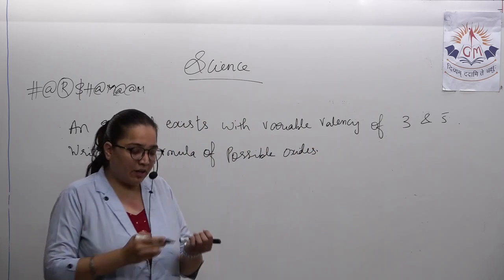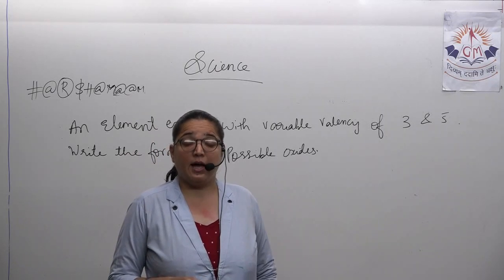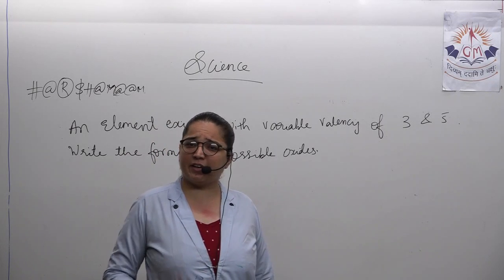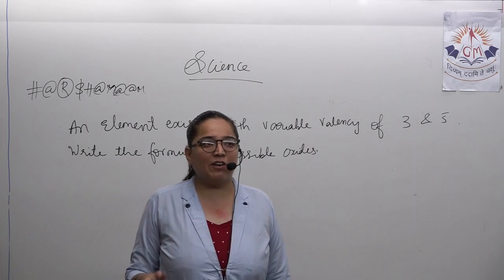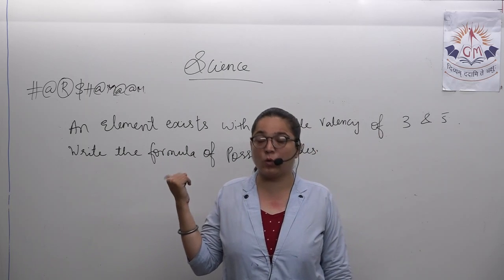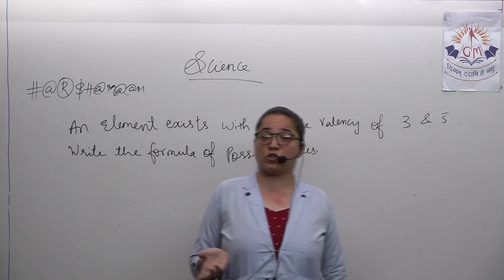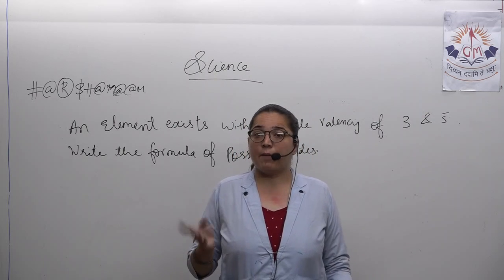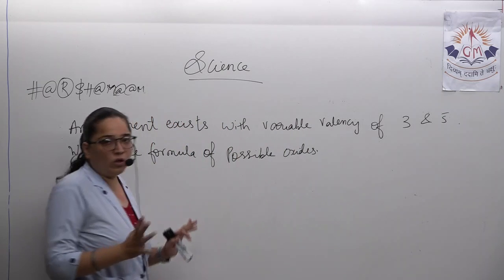Now, when you're given a normal question, it becomes very easy for you to answer. If this kind of question is asked, like there is one particular element that is having variable valency, you have to write all the possible oxides. If it's given copper, if it's given iron, it becomes very easy for you like we did right now. But when a question comes where the element name is not given, most of the students, they get scared. But there is no need to scare, just think, you don't know the element, right?